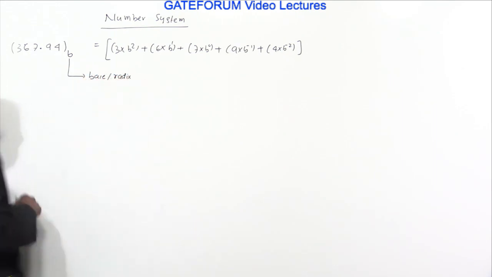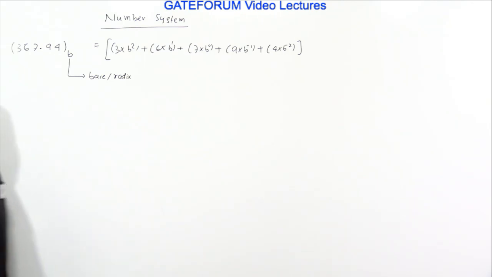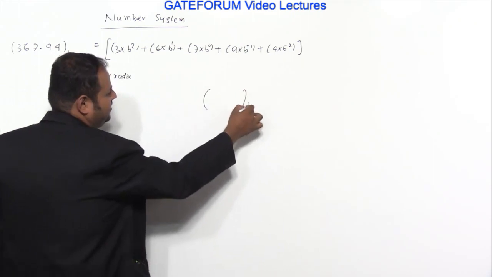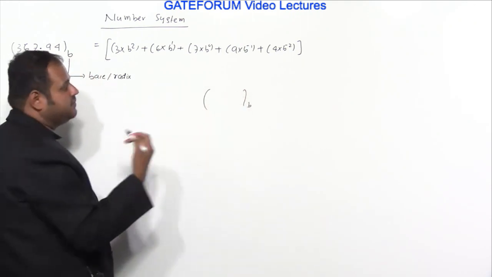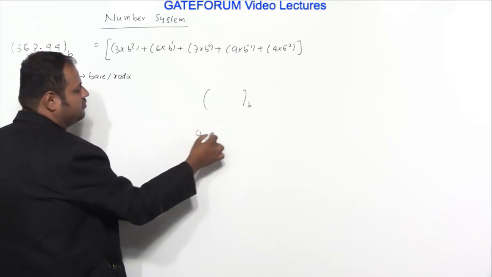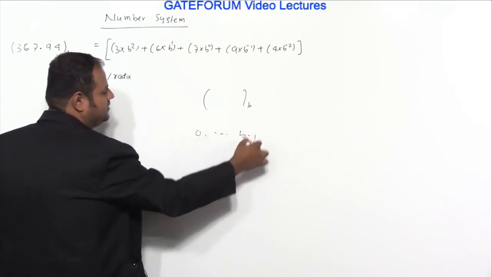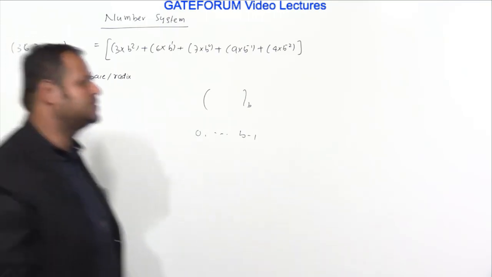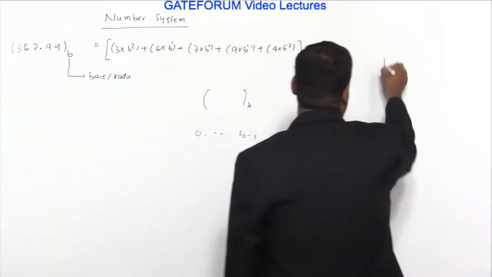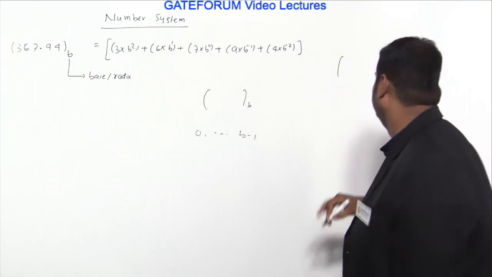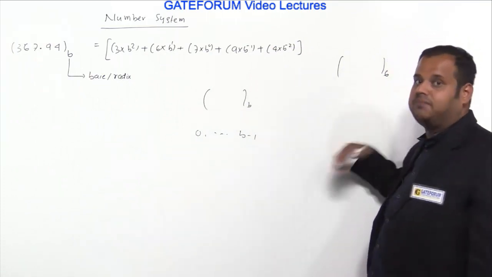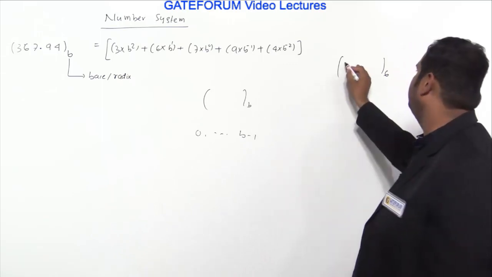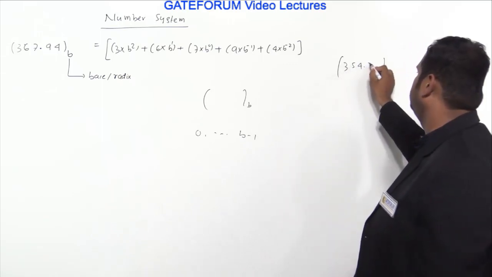Now the thing is, what does this base indicate? What does radix indicate? Suppose anywhere I put the base as B, it means inside that number, the maximum digit that can be used is b minus 1. So you can have 0, 1, 2 like this, but the maximum digit is b minus 1. Suppose, for example, I am writing base 6. Inside these numbers, I can use any symbol whose value is at most b minus 1. So I can have 3, 5, 4, 2, 1 kind of thing.